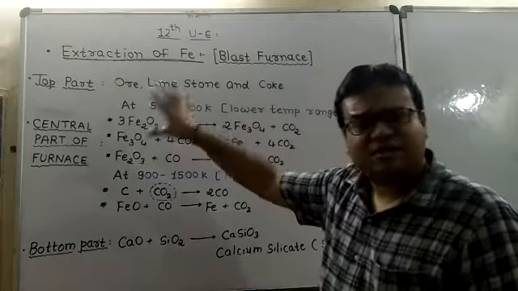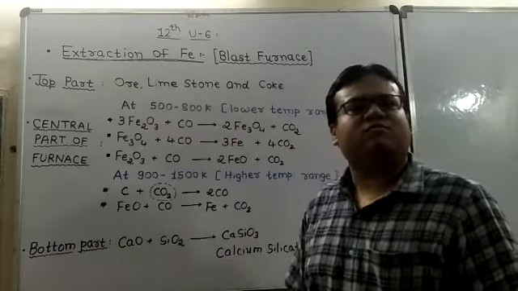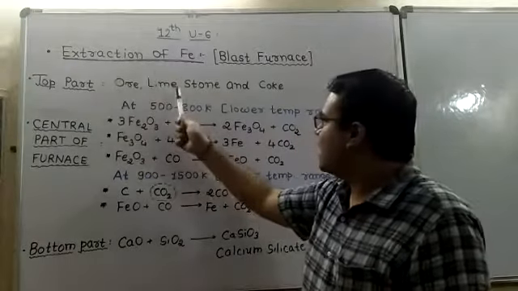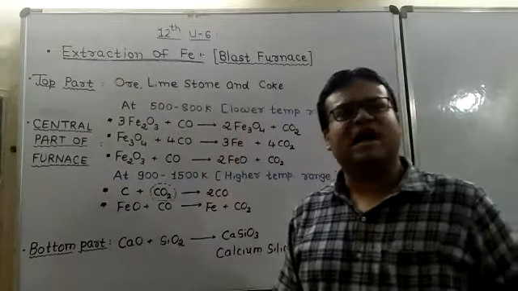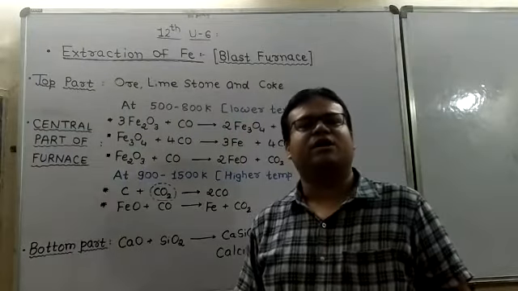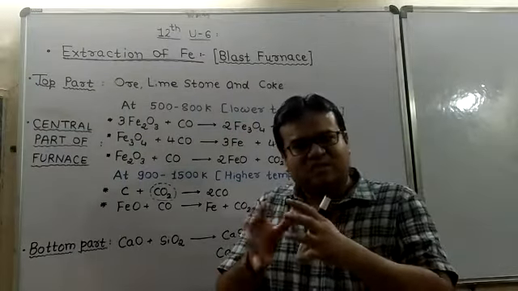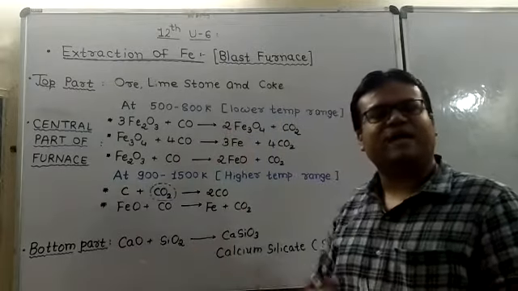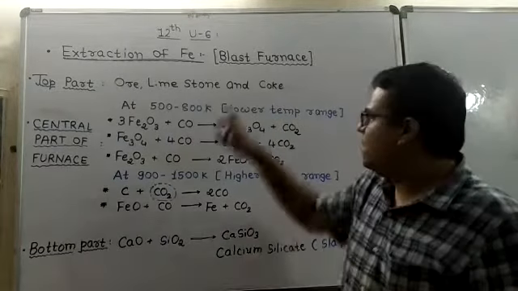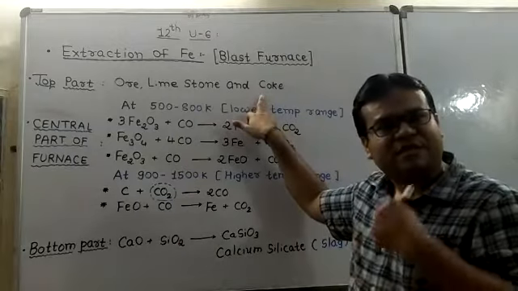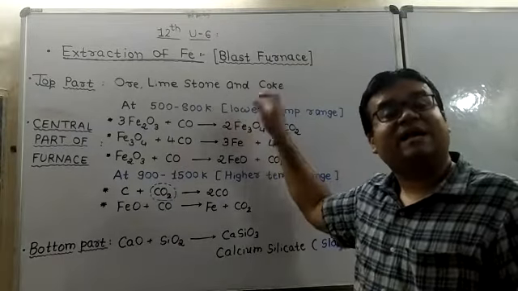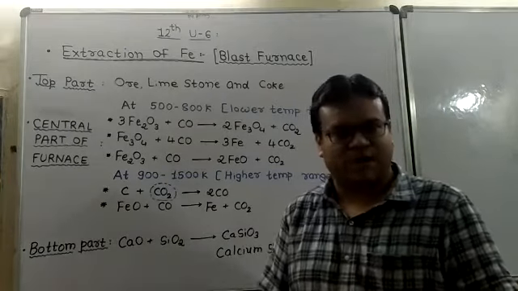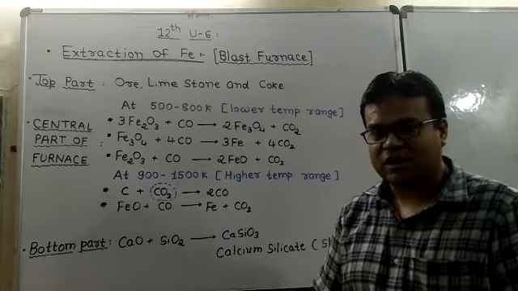So first, in the blast furnace, from the top part of the furnace we are adding a mixture containing ore powder with limestone and the coke. Coke means carbon particles, which is nothing but a reducing agent. Now when this solid mixture is moving from top to bottom, the bottom part has a very high temperature. Already coke, carbon, is there and we will supply oxygen. At high temperature, carbon combines with oxygen and gives carbon dioxide, which is an exothermic reaction that will raise the temperature.